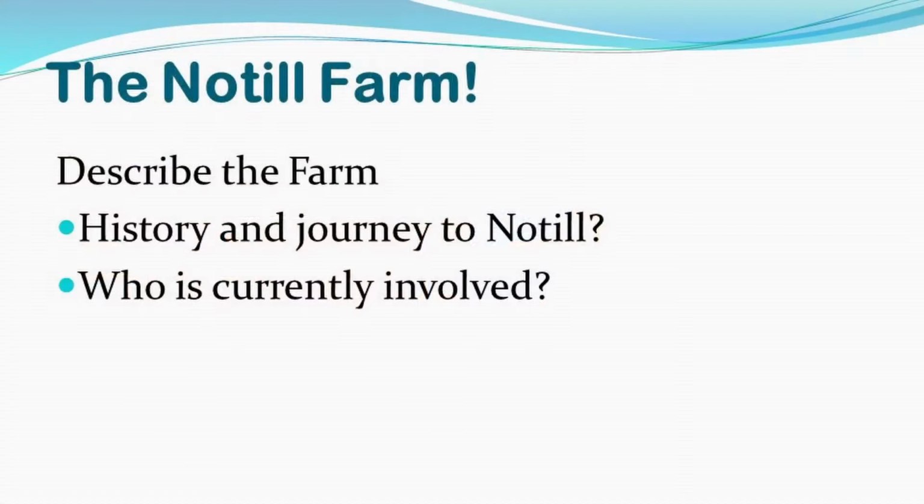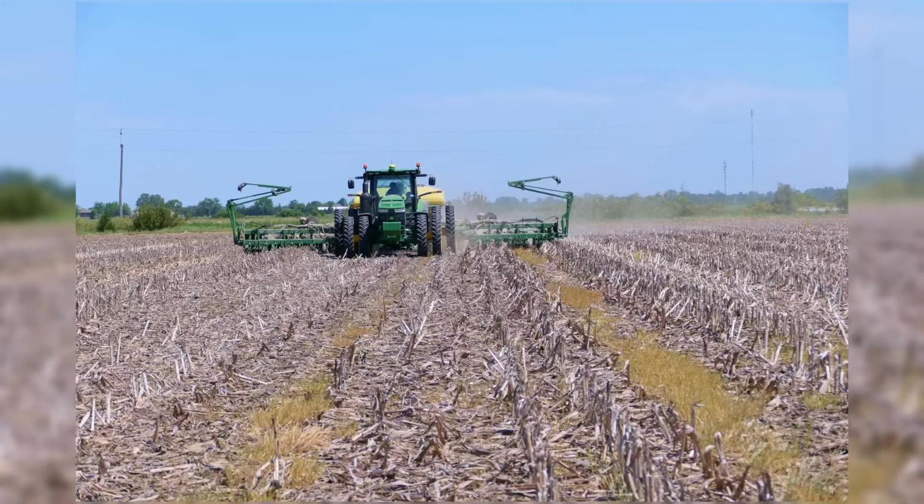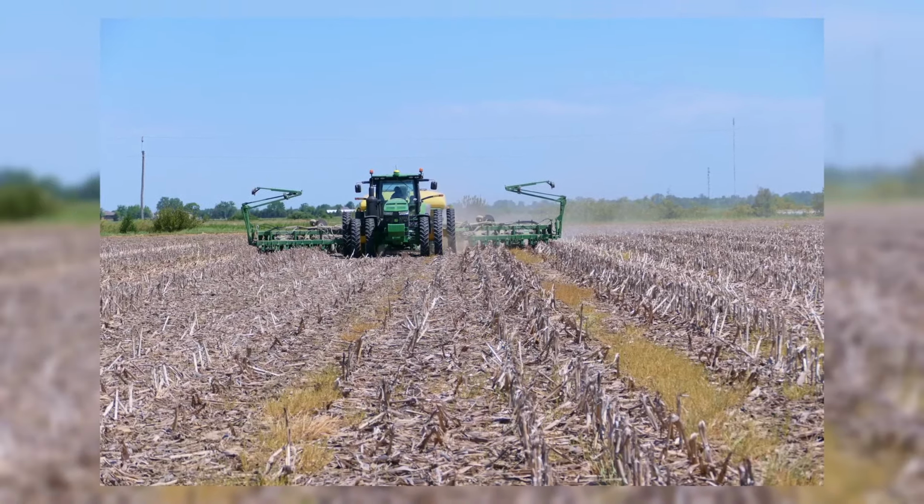But first off, I just want you to talk about the history of the farm here, Henry and Jeremy, and who's currently involved in the operation. Well, the farm has been here since the late '60s, and my parents started it, and we've basically transformed it over to what it is today, about 2000. At that time, we had already bought some no-till equipment, and we were cutting down our tillage program, and looking at trying to improve it. Now we're improving it even more, and Jeremy's taking on a lot of those particular tasks,